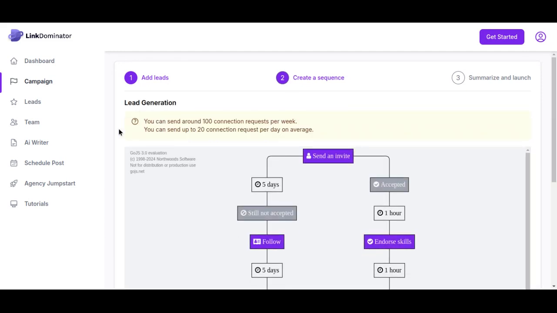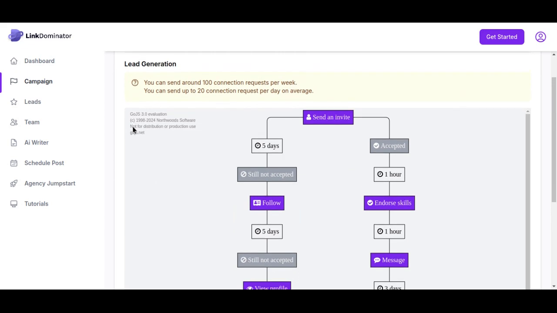We're going to start with the lead generation. You can see right here that the lead generation starts with sending an invite. And once it sends an invite to your list of leads, every other process that is going to be running is going to be partitioned into two. And what does that mean?